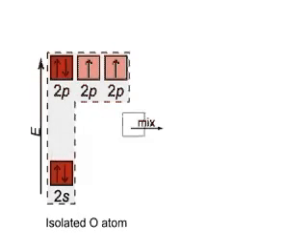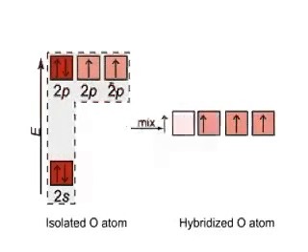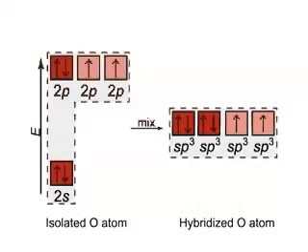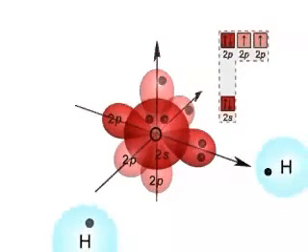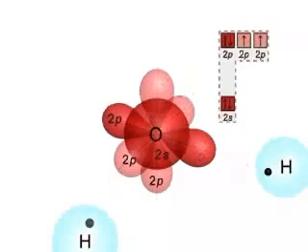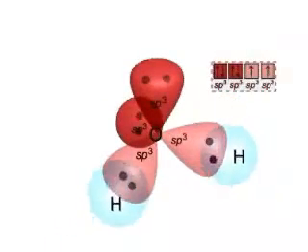The 2s orbital of the central O atom mixes with its 3 2p's and becomes 4 sp3 hybrids, but now 2 of the hybrid orbitals are filled with lone pairs. In the water molecule, the oxygen has undergone sp3 hybridization. 2 of the sp3 orbitals are filled with lone pairs, and the H atoms overlap the other 2 to form